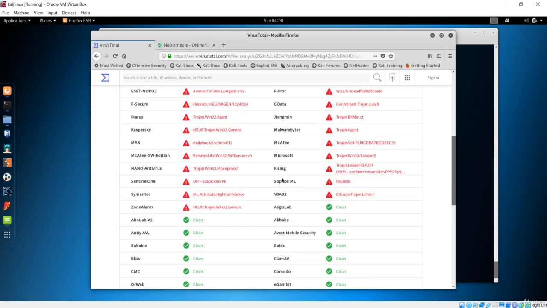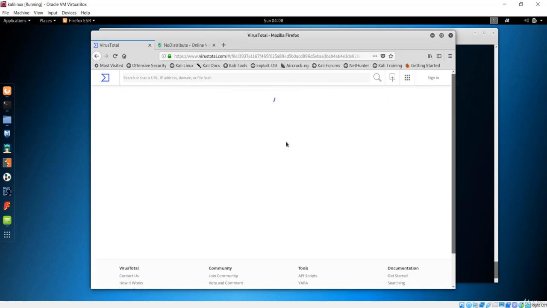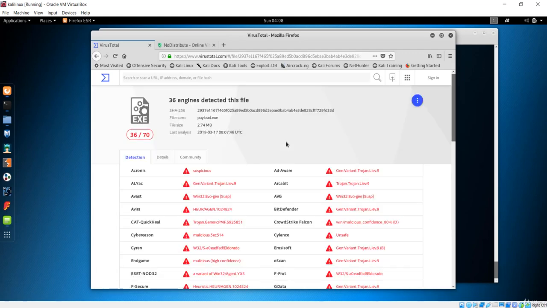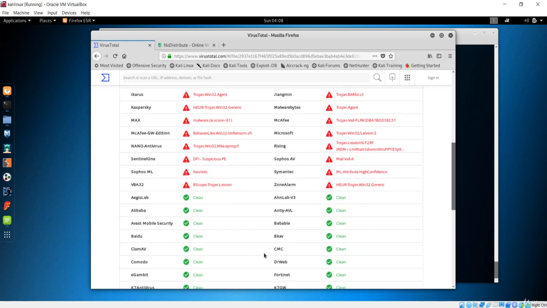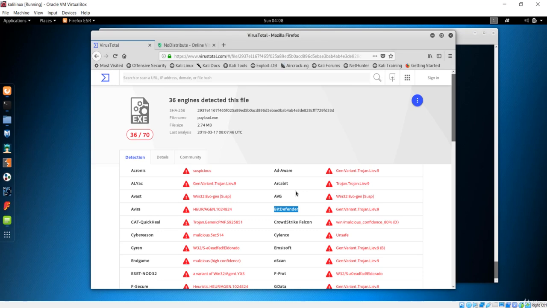This is not effective because 36 out of 70 antiviruses, like Avast and Avira, which are common antiviruses, are detecting us. You can see Bitdefender is detecting us too. So this is not an effective payload.